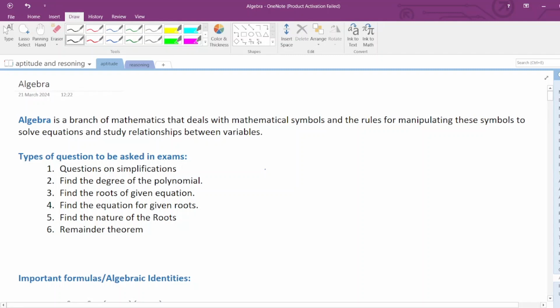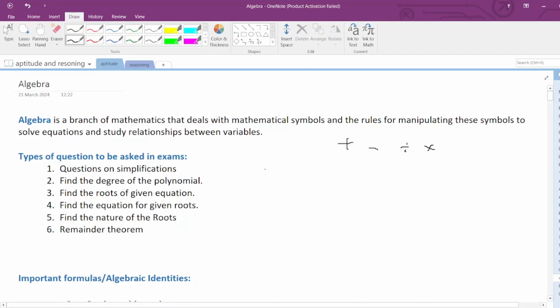That deals with mathematical symbols. What are the symbols we have? Plus, minus, division, multiplication, etc., and braces, and the rules for manipulating these symbols to solve the equations. There are some rules we have to follow. Not exactly rules; you can consider them important points. And the study of relationships between